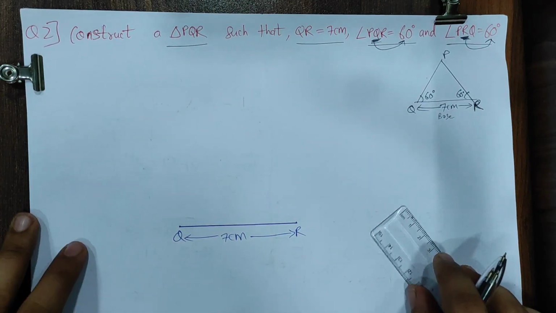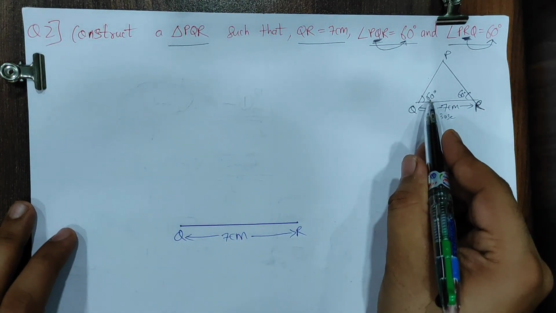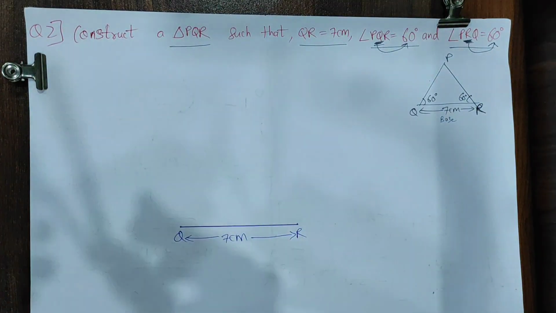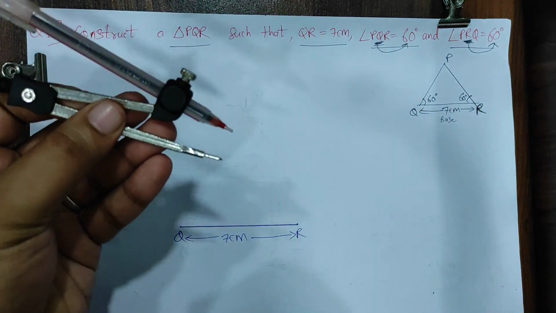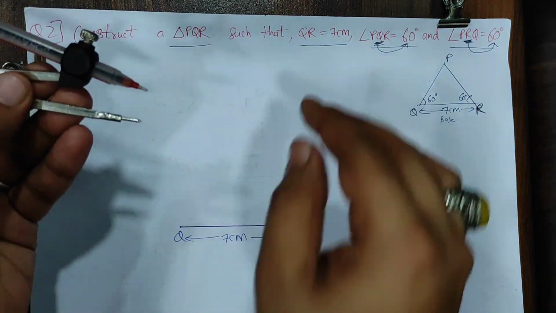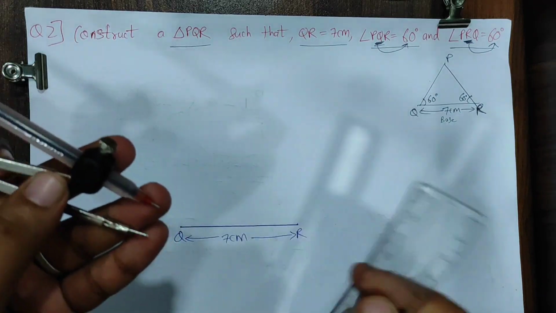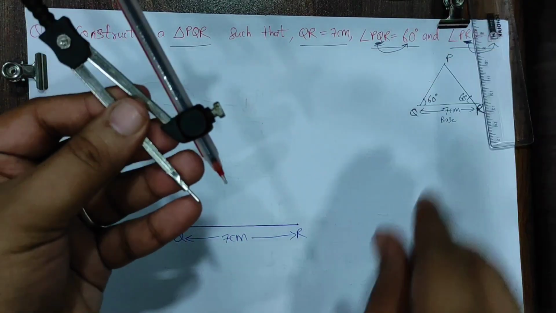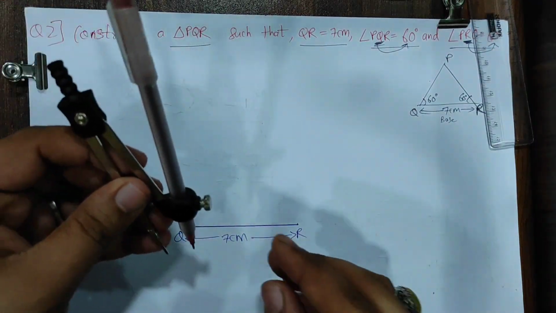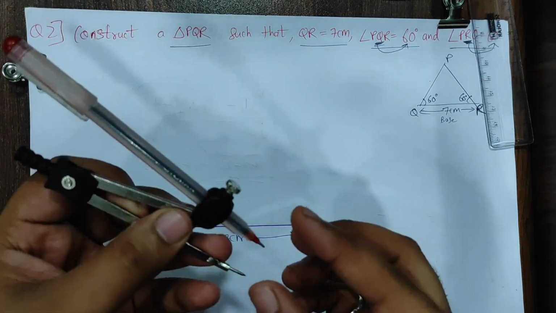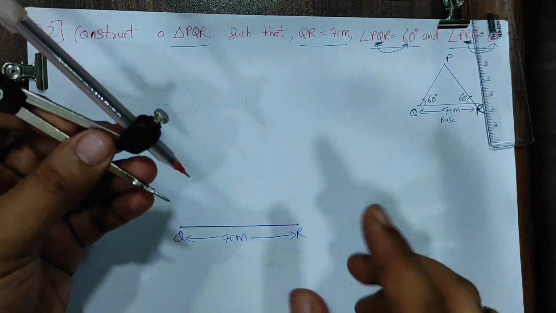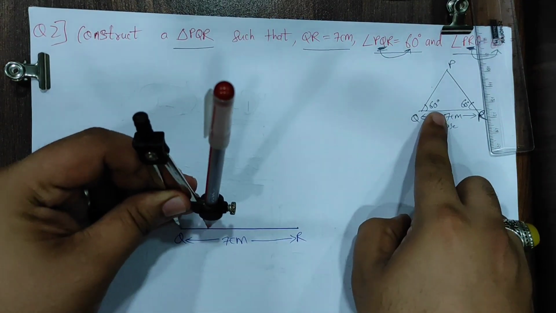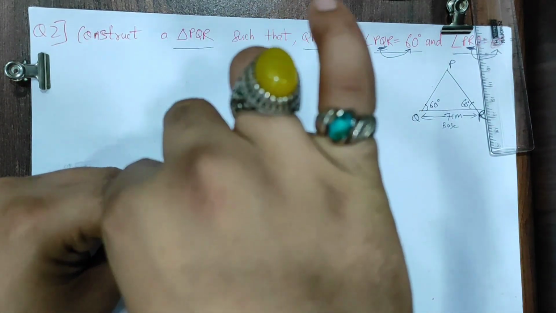Okay, this is done. Now from point Q 60 degree is needed and also from point R 60 degree is needed. So let's do it very quickly. We'll make it together. Let's have fun with this. Any random radius. Approximately, if somebody has doubt how much to take, as I told you first, between 1.5 and 2 centimeter. 1.5 will be a little bit small, keep it 2 if you want, it would be easier for you. Keeping the compass at point Q, because I want angle 60 degree at point Q, I'll draw a semicircle.